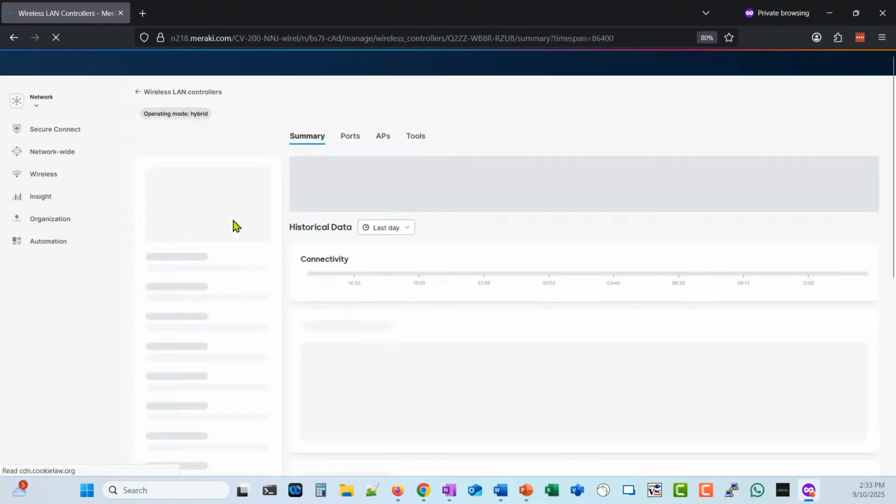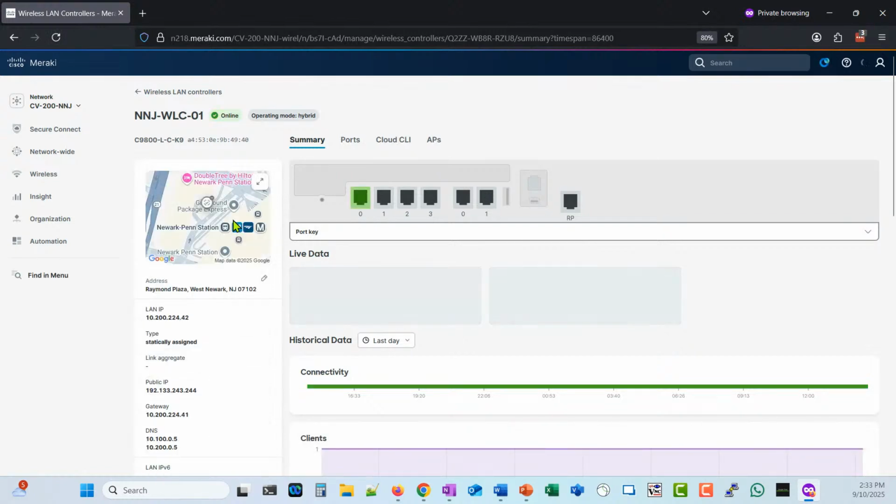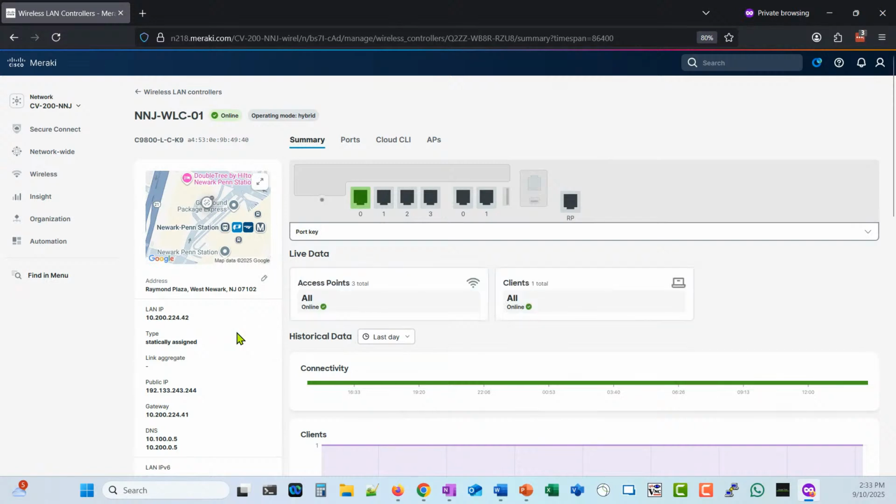Now, in the Meraki world, up until recently, there was no device that was a wireless LAN controller. They are getting ready to come out with one. I forget what they call it, but they are coming out with their own version of wireless LAN controller. But as of last time I looked, that wasn't out yet. It was something that they were coming out with in the short time. Anyways, but the fact that we can take a Cisco wireless LAN controller, put it in the Meraki dashboard, that's pretty